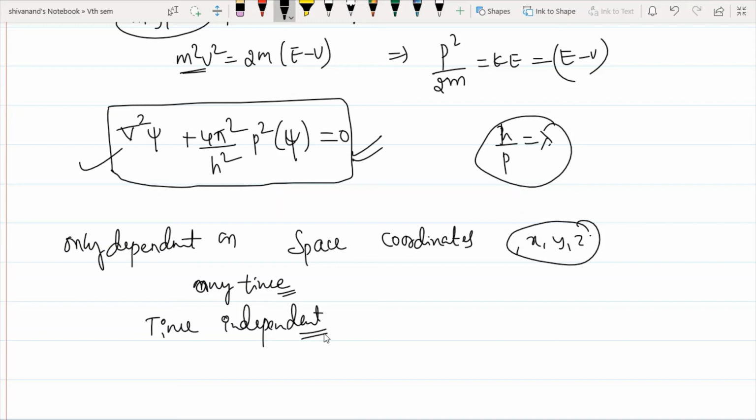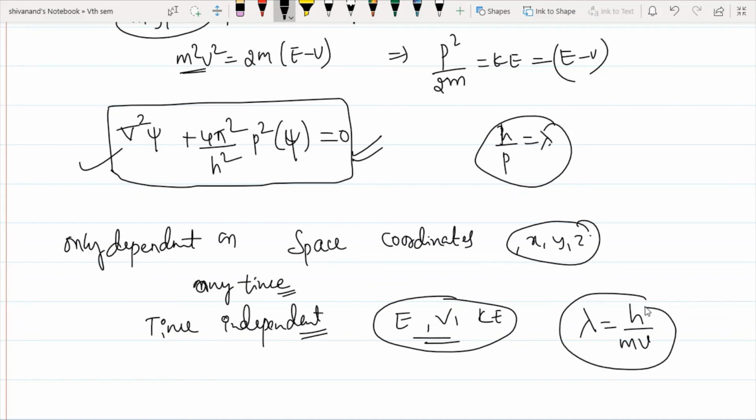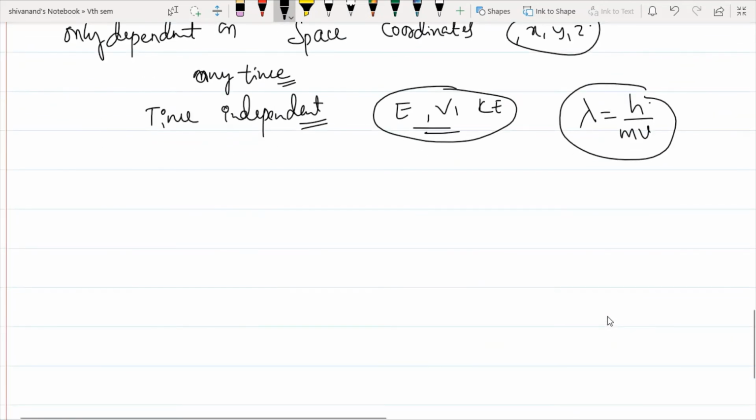So here, see, as this small particle will move with some energy, that is nothing but total energy E, and potential energy V and kinetic energy K we have taken. So to relate this wave function with this kinetic energy and total energy, we have taken the concept of de Broglie. That is nothing but every particle which possesses mass and velocity should possess a wavelength. So it is applicable for macroscopic particles also, but we can't see that variation of wavelength in the everyday motion of bodies, right? So next class we'll discuss how this psi will depend on time.